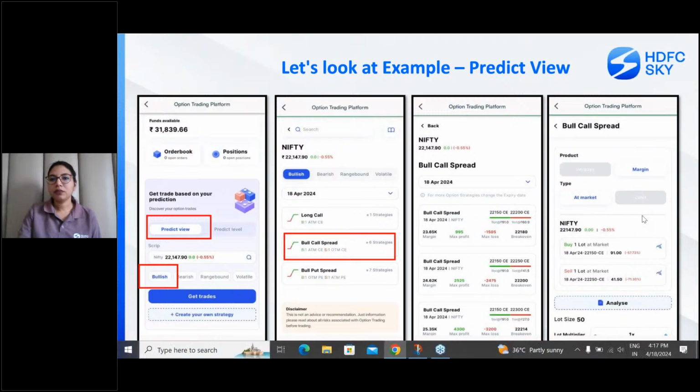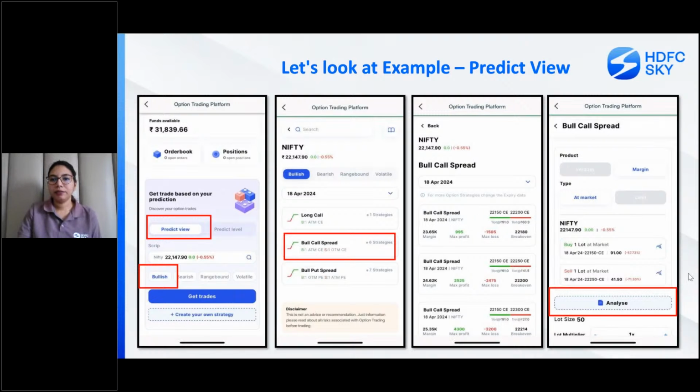Once I select this particular strategy, I'm going to find which strikes are available in it, at what price it is suggesting, right? And I'm going to get an analyze button over here. All right. So once I click on analyze,